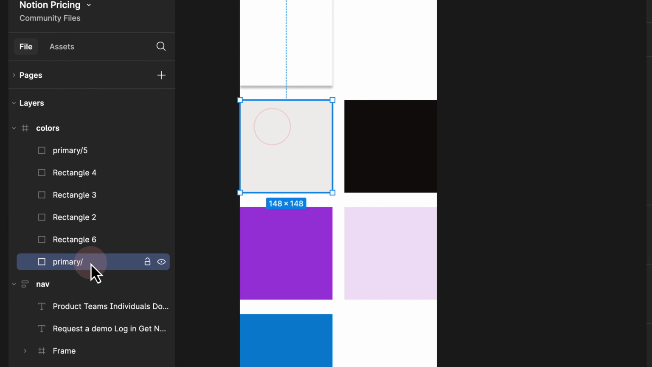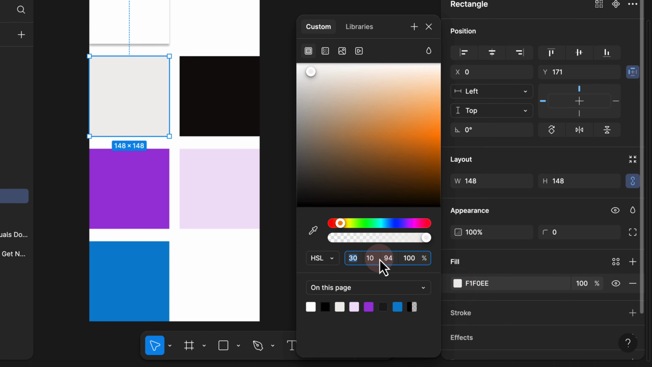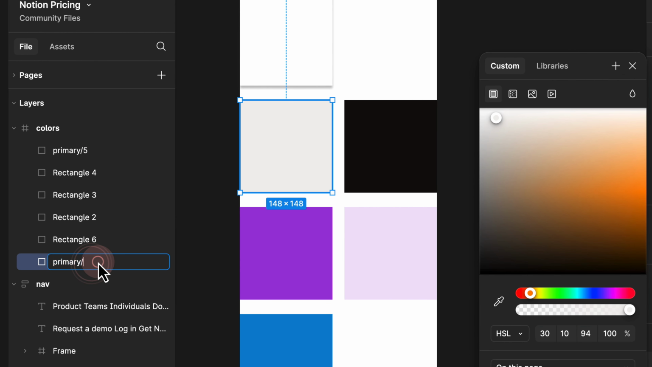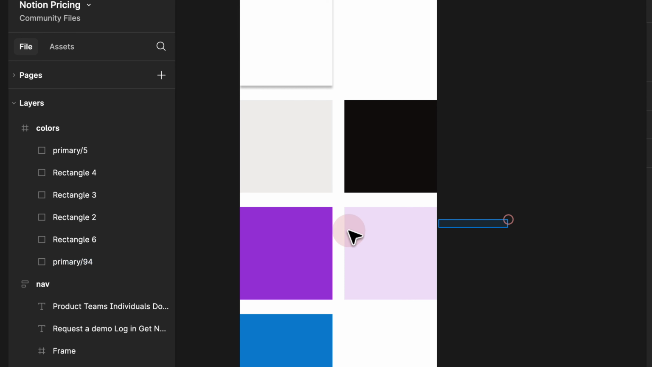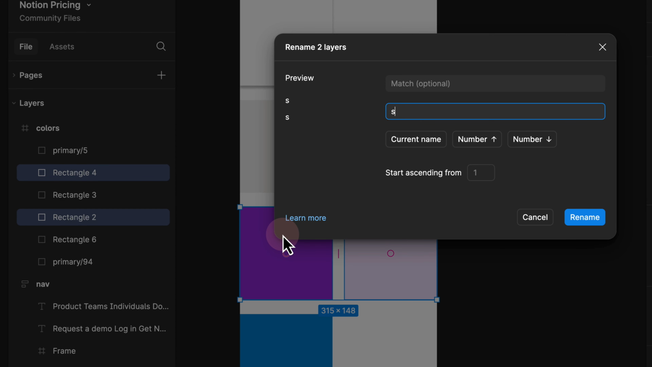Click on the other one, double click on that. I would give it 94, because if I click on the fill here, you see that the lightness value is 94. So I would basically rename this primary color to 94 as well. So I would highlight both of these as well, Command and R, rename this to secondary and add a /,